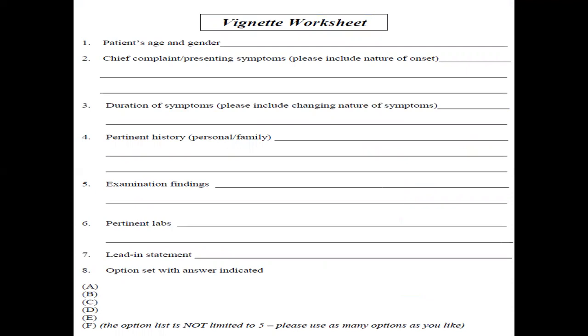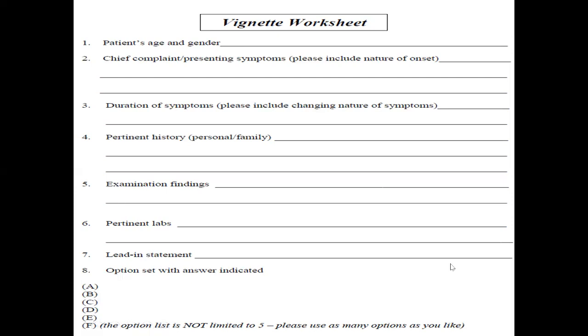You have to write the patient's age and gender, which is the demographic information of that patient, then the chief complaint and the duration of symptoms, and the pertinent history. It may contain the personal, socioeconomic, and family history, and then the results of the objective examination findings and lab investigation report, then the lead-in statement, then the option set with the answer indicated, and this should be A,